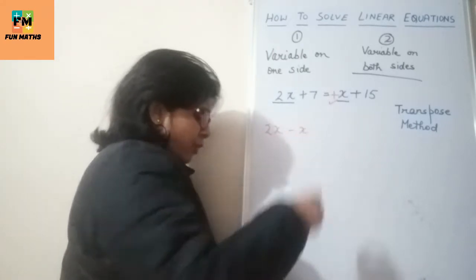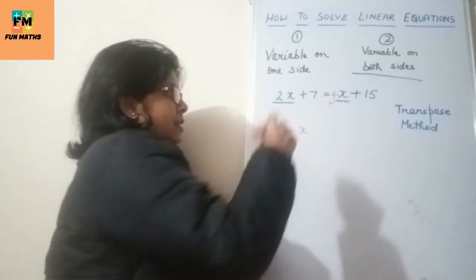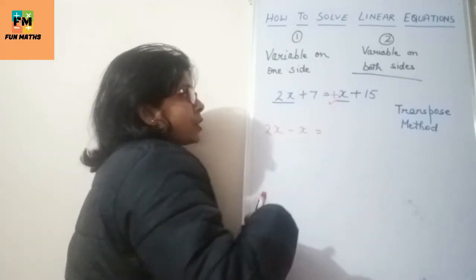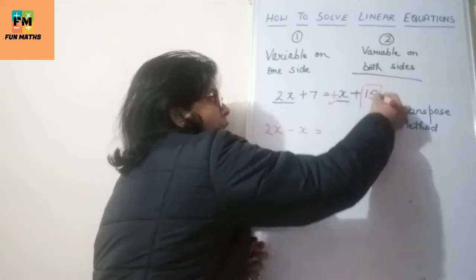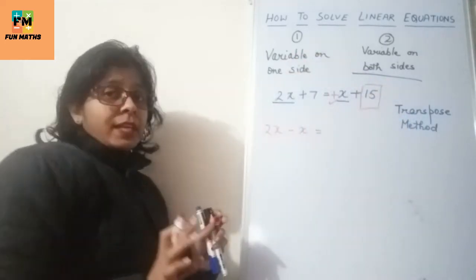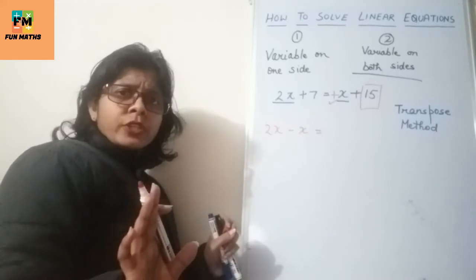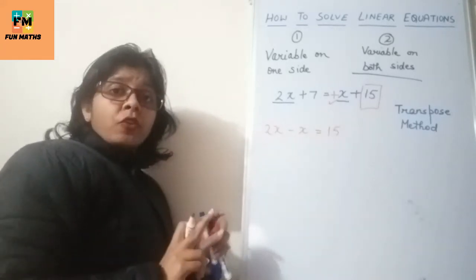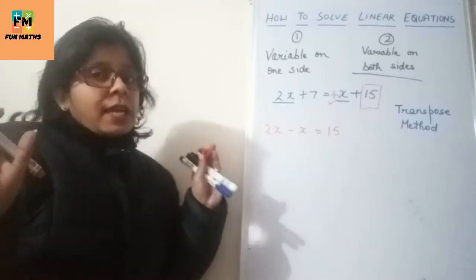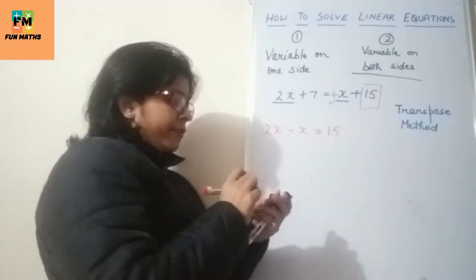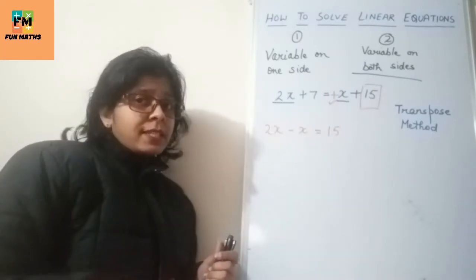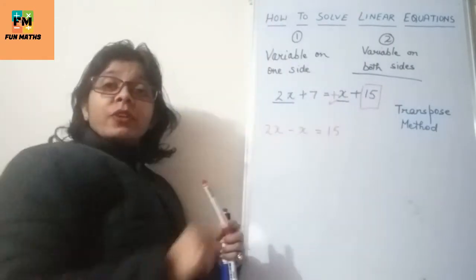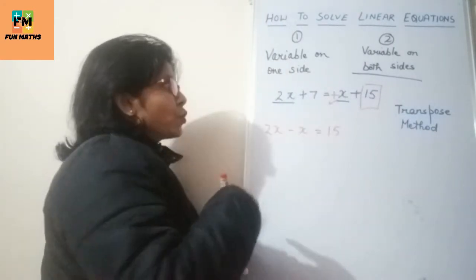So now this x will become minus x is equal to. Now if you see, after is equal to, this 15 is on the right hand side. So 15 is not going to change its place. 15 will say, why I will change my place? I am not going to change my place. Alright, if 7 wants to come, 7 can come and stay with me, but after me, right? So the 7 has to go to the right hand side.